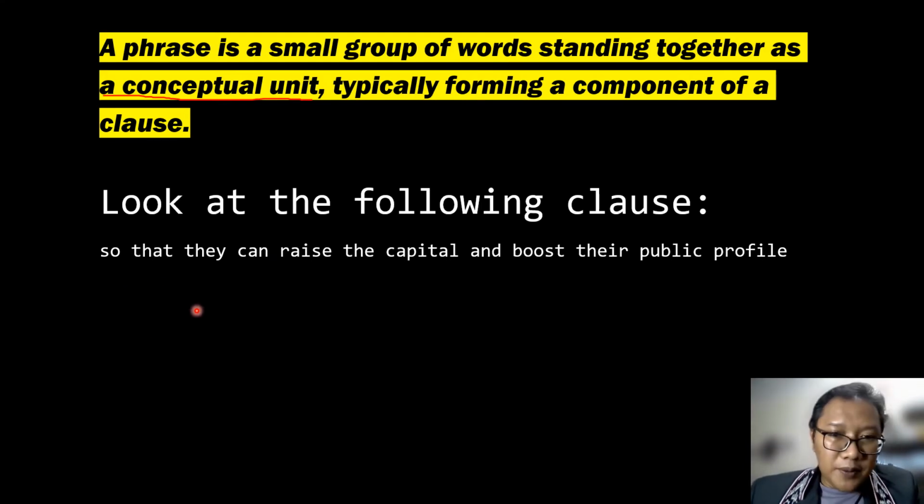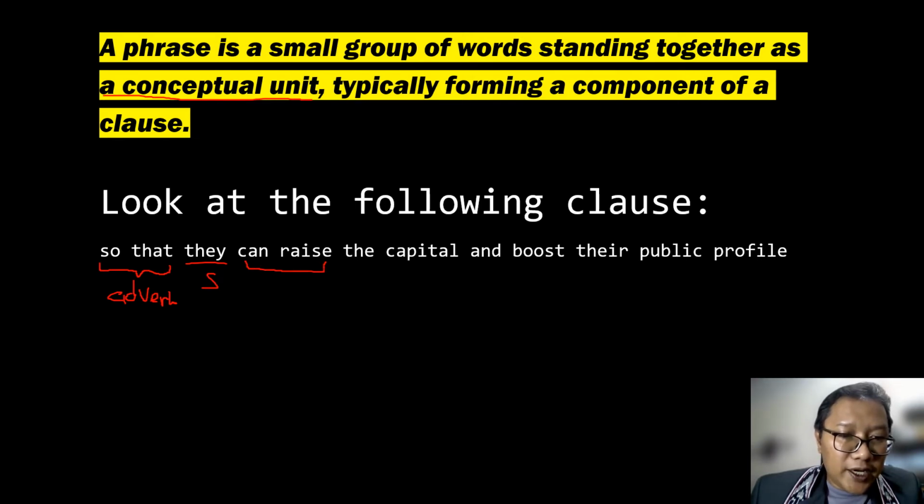Okay, so look at the following clause. I took this clause from the previous one: so that they can raise the capital and boost their public profile. What about it? Let's see how many phrases they have. So that's one phrase. This works as an adverb. They is one word. This is the subject. Can raise, it's a verbal phrase. We call it a phrase because it has more than one word. The capital,